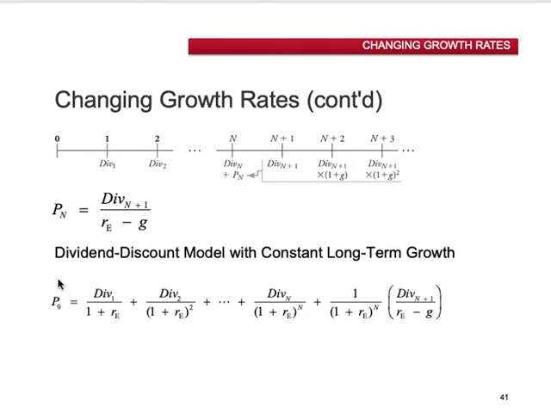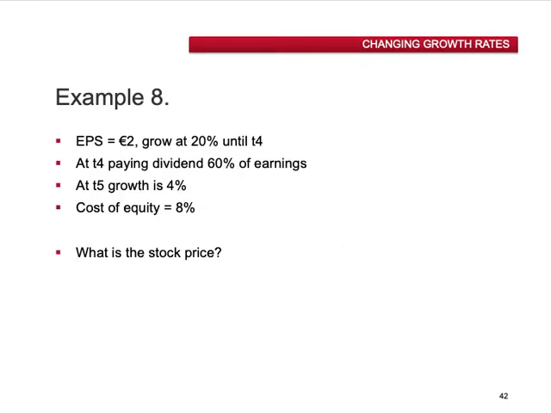So when we need to calculate the stock price and the company does not pay any dividends in the first period, so this would all be 0, then the stock price is equal to the present value of the terminal value. Let's have a look at example 8, where we are going to value a firm with 2 different growth